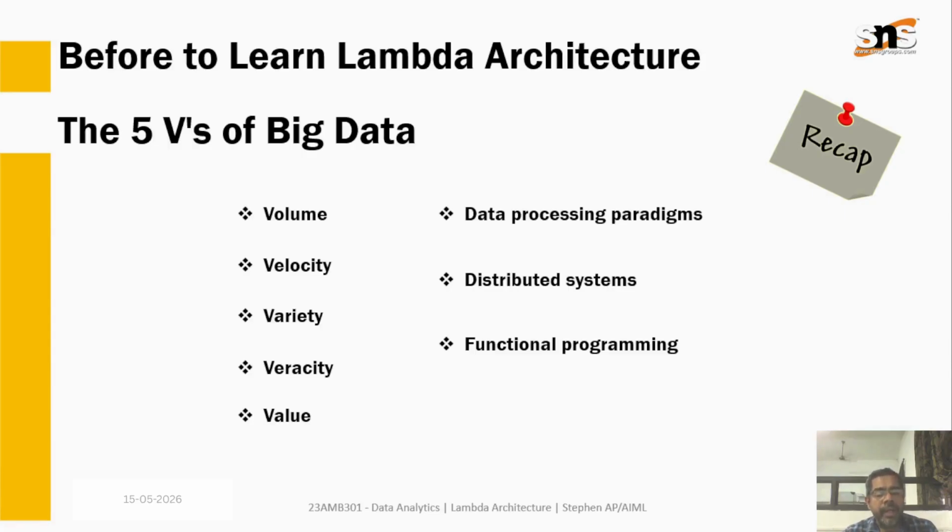And the last one is value. Value is talking about actionable insights, and the benefits. Big data is about how many actionable insights there are, and it gives enhanced decision making, process optimization, new opportunities and many other things, especially when we are working with a huge volume of CRM data, that means customer relationship data. There, value plays a vital role.